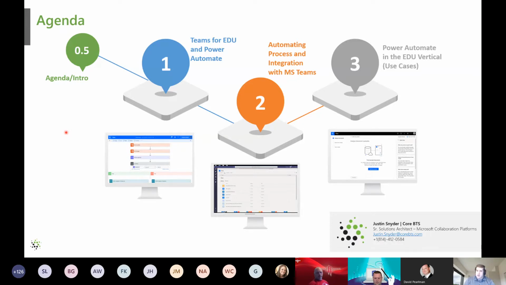And then we'll touch on a couple of really creative use cases that we've seen within the customers we're working with, leveraging Power Automate in Microsoft Teams for EDU to solve some creative challenges, automate some processes, and enrich that experience for everyone involved in EDU.